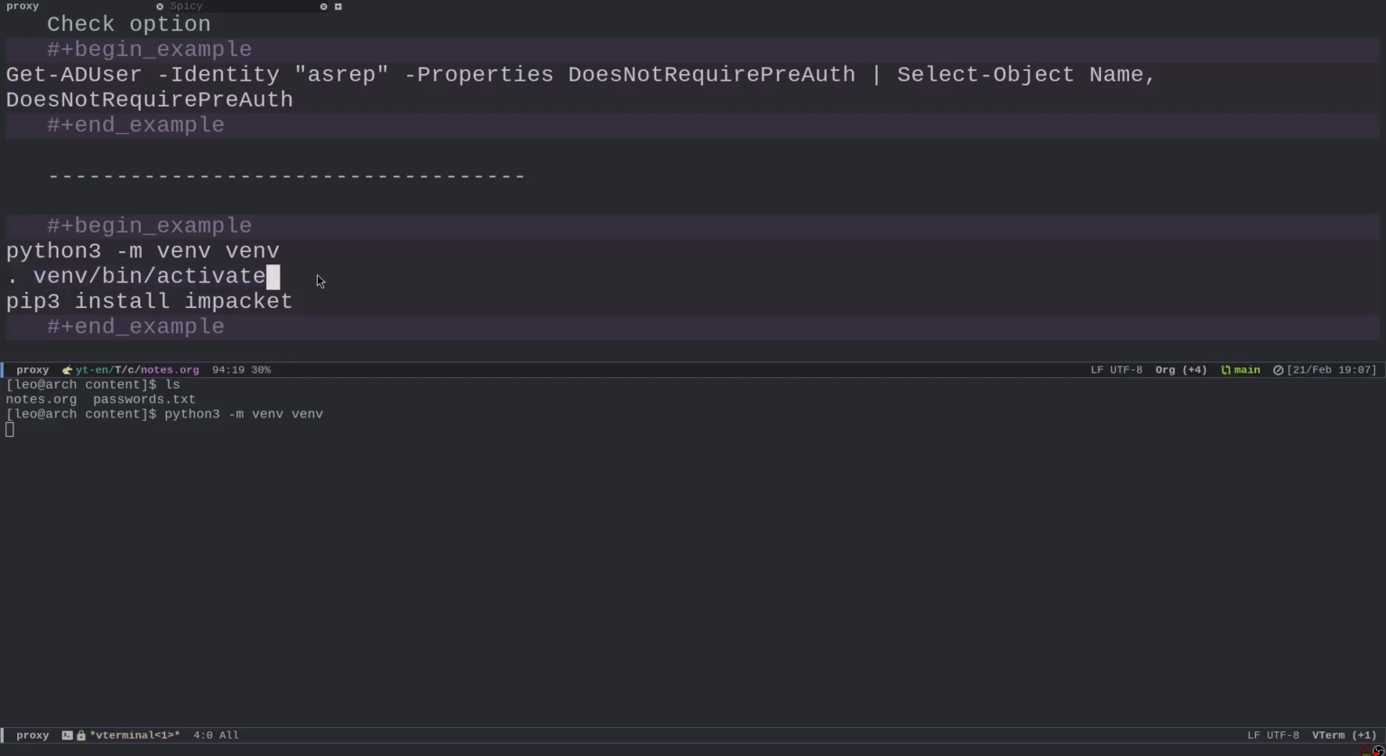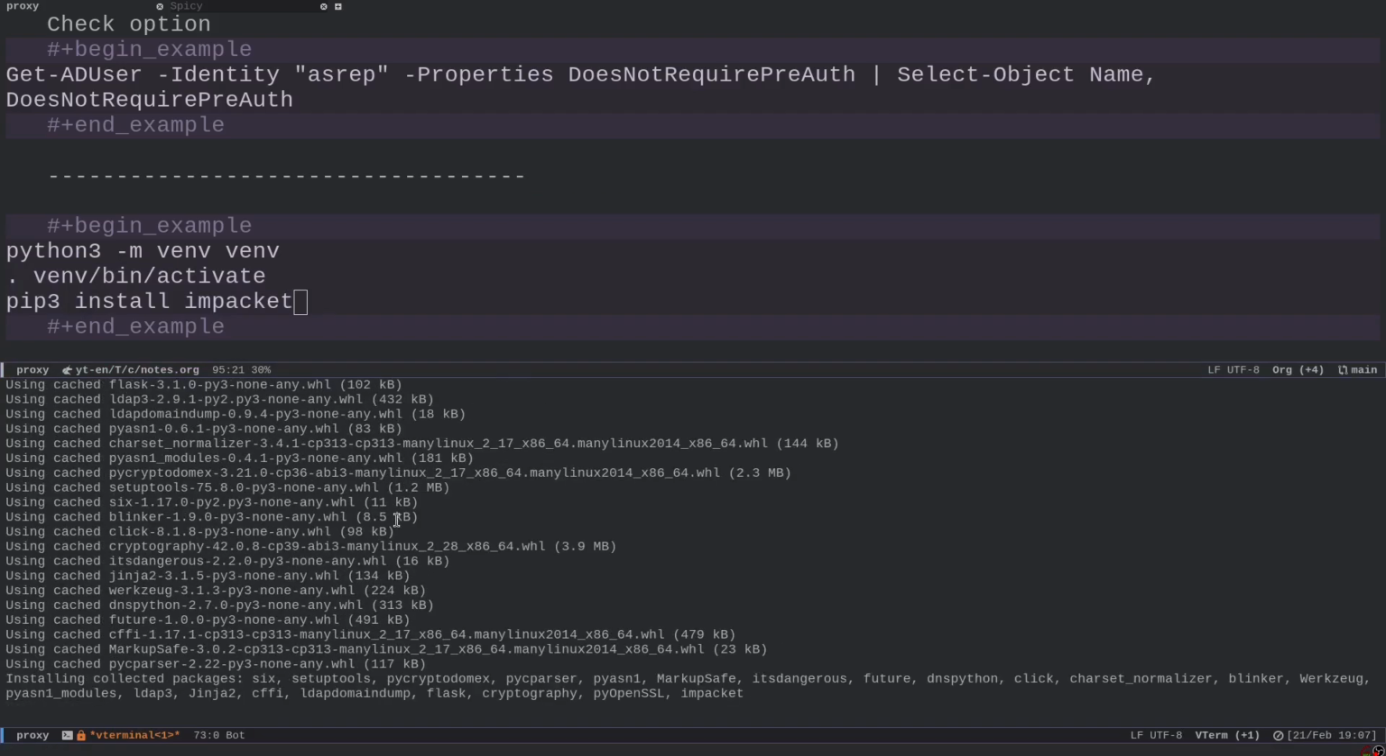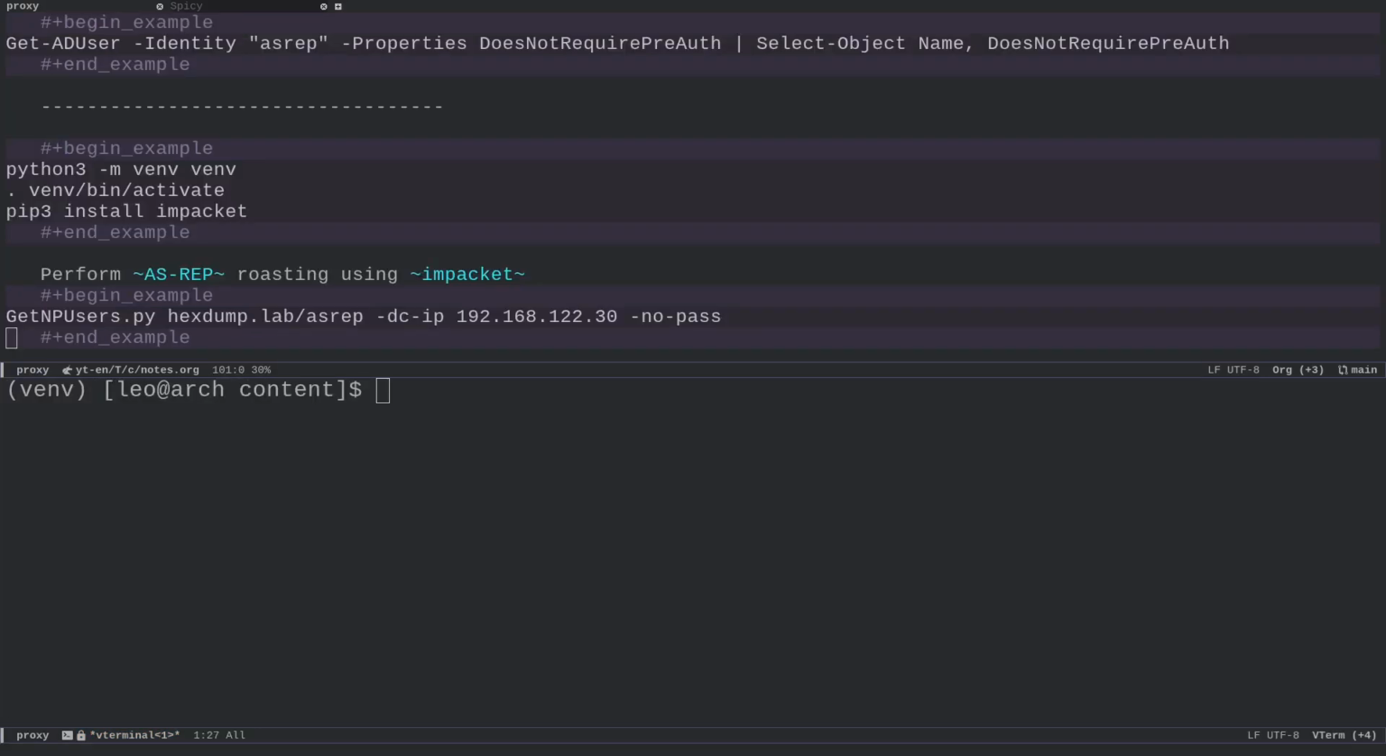Then we're gonna activate it and we're gonna install Impacket, which is a very useful suite of tools to interact with different network protocols in the context of Active Directory, including Kerberos, of course. Now, after we install Impacket, to perform the ASREP roasting and request the ASREP response, we can use this script called